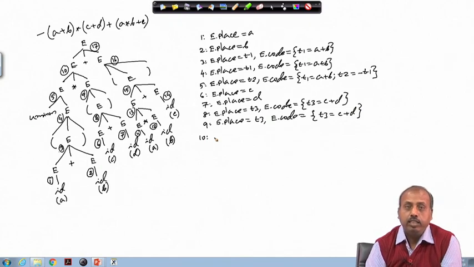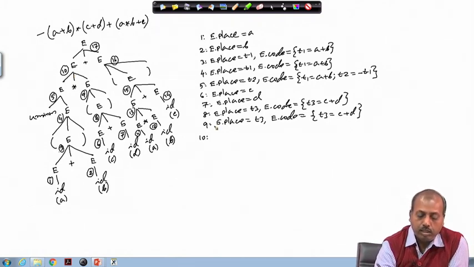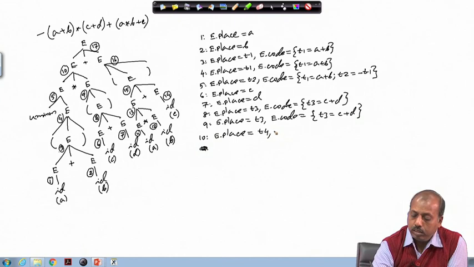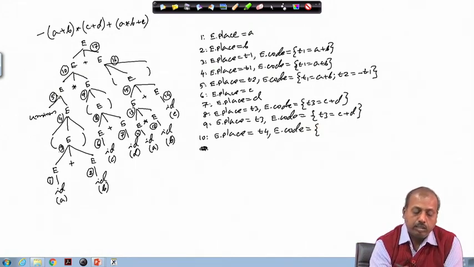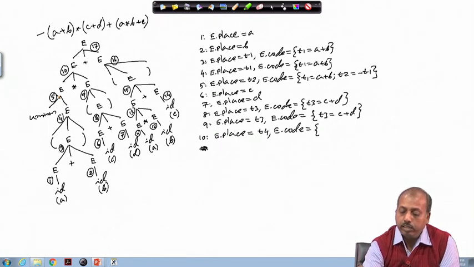Now, reduction number 10, at reduction number 10 what we do, it is E star E. So, I have to get a new temporary. So, this E dot place equal to T4, and then E dot code will be this reduction 5's code, that is T1 equal to A plus B, T2 equal to minus of T1.